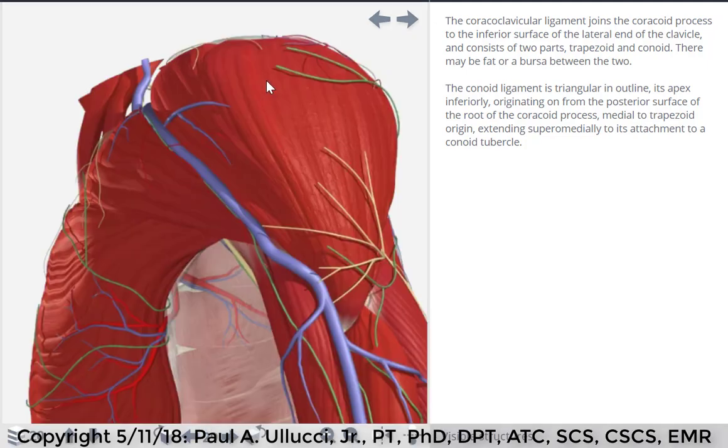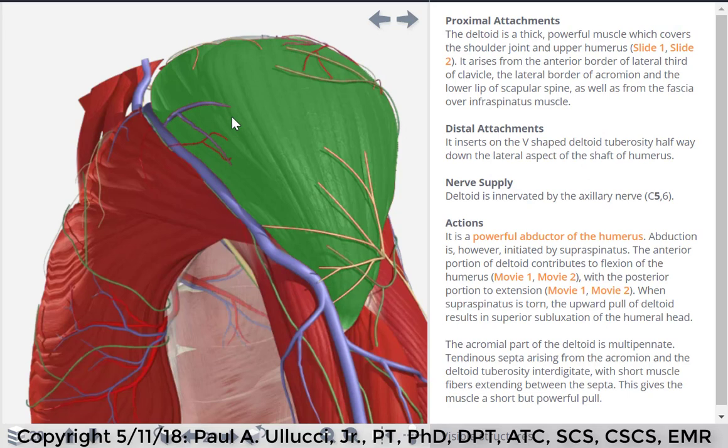And don't forget the deltoid. We have a middle, anterior, and posterior deltoid. You're going to want to be familiar with that, and you've got various ways of clicking on it and finding out the information from